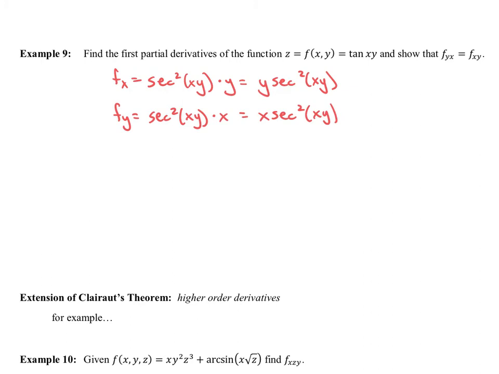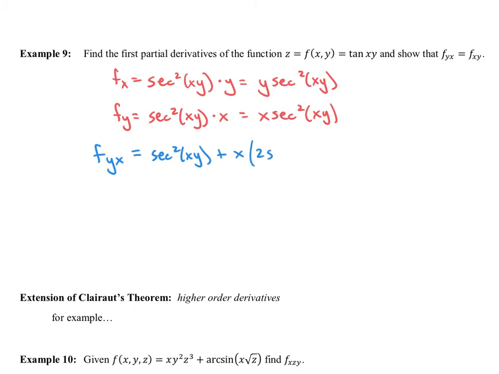All right, we're just going to show that Clairaut's theorem is true for this particular problem. And we have sort of an ugly product rule with chain rule built into this one. So when we're taking the derivative of yx, we get the derivative of x, which is 1, times secant squared of xy plus x, and then we're taking the derivative of secant squared xy, which is first